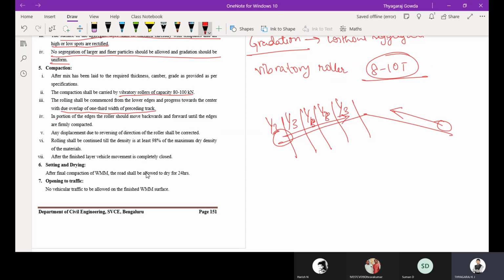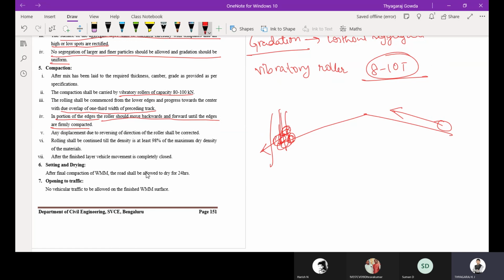Then in the portion of the edges, the roller should move backwards and forward until the edges are firmly compacted. So at the edges, what will happen? I will show. For example, we are laying the aggregates like this. At the edges, if we are not building the shoulder, there will be loss of aggregates. So it should be compacted in such a way that it is firmly embedded inside the aggregate layer.